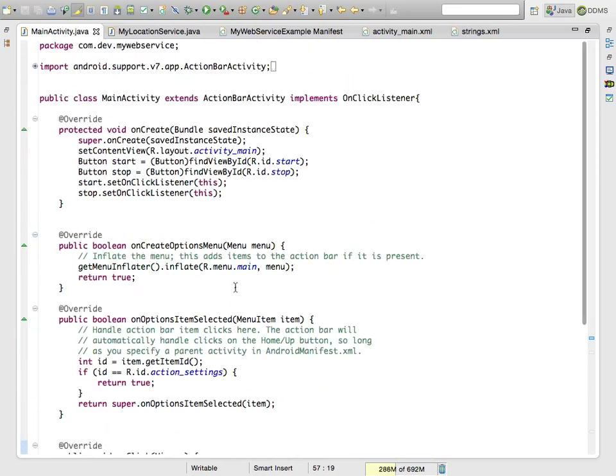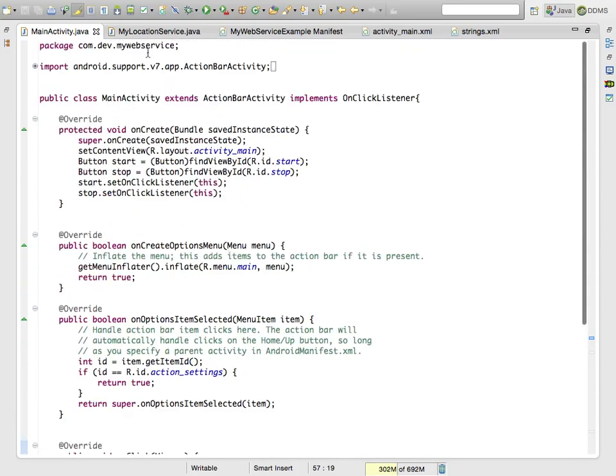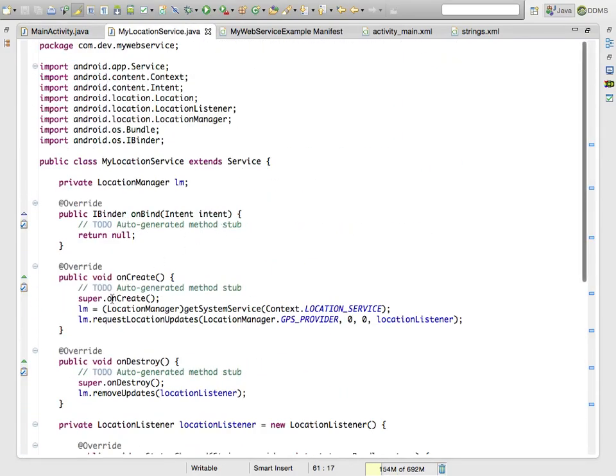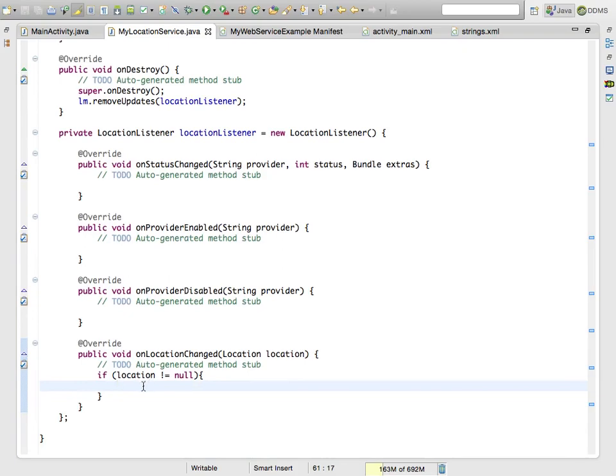So we have given the minimal interface to handle the service startup and termination. So when the service is started, it will call the onCreate block and it will initialize the location listener, and the location listener will start listening to your location. If a location is available,